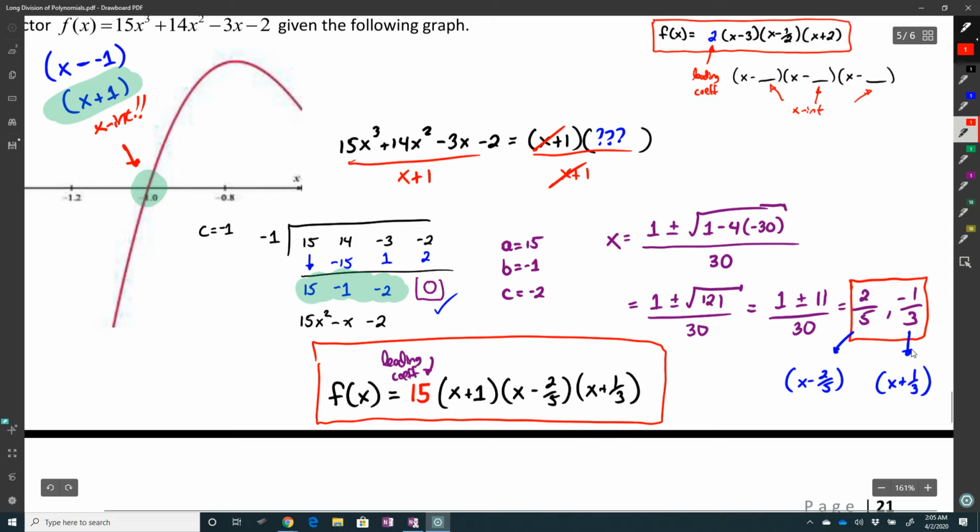Now, when you do the quadratic formula in this section, it's always going to end up being nice, happy answers. So you shouldn't get something like 3 plus or minus square root of 7 over 8. That's going to be kind of nasty. You'll get nice, fun answers, and those are going to be the factors that you use to create your polynomial. Each x-intercept is a factor. 3 x-intercepts, 3 factors. And then the coefficient goes up front.